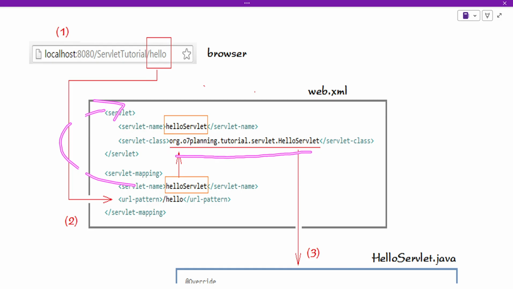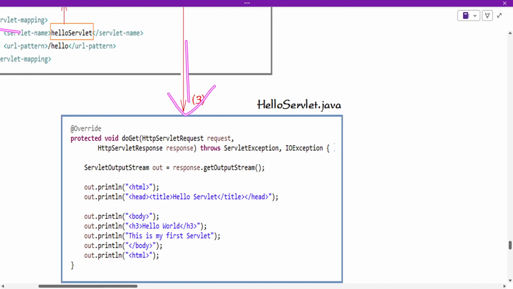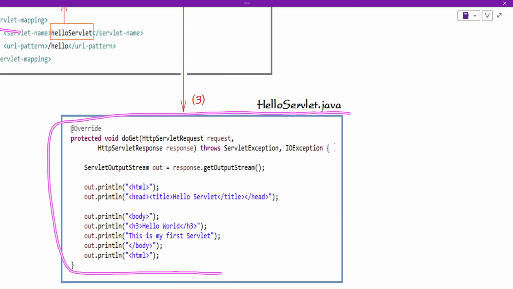org.planning.tutorial.servlet. It's a very big name, so that's why I've used aliases to refer to them easily. So here I can understand that when I get this slash hello URL, I have to call this hello servlet class. After identifying the resource, I'm going to call that, and after creating an object of that, the web container will implicitly know that it has to call either the service or the doGet or the doPost methods. So it is going to call that, and after calling that, here we are getting the output stream from